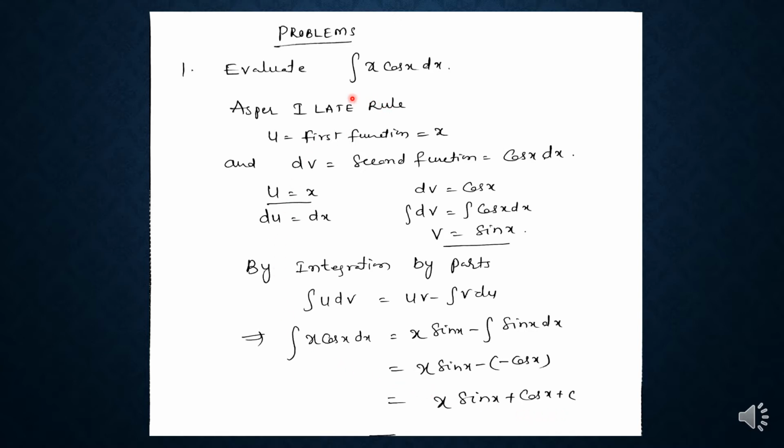So by using the integration by parts rule, we can integrate the product form of integrand. The by parts rule is integral u dv is equal to uv minus integral v du. While selecting the first function, we have to follow the ILATE rule. Select u, and the second function dv, and find the derivative of u and find v. By integrating dv, you will get v, and apply the values of u, v, du in the integration by parts formula. Then we will get the result.